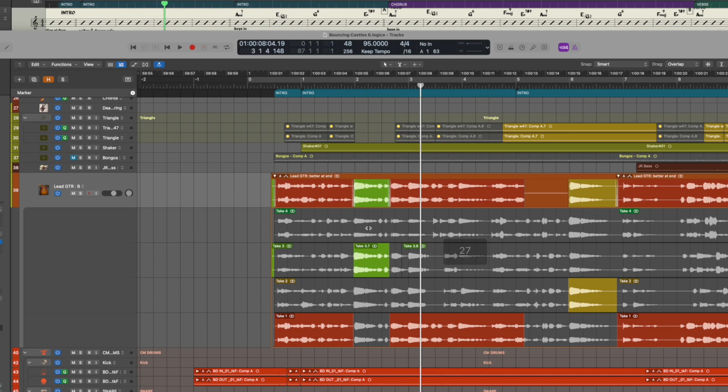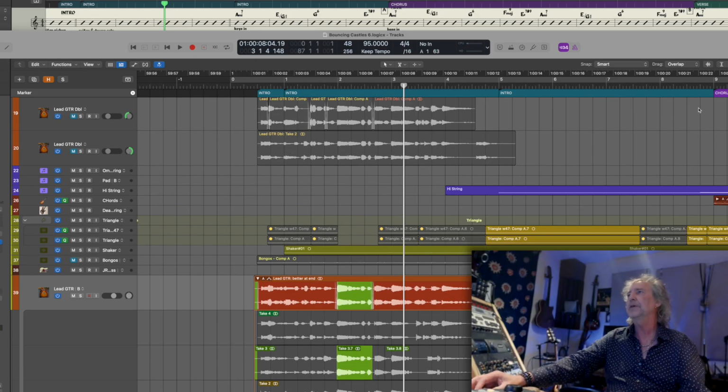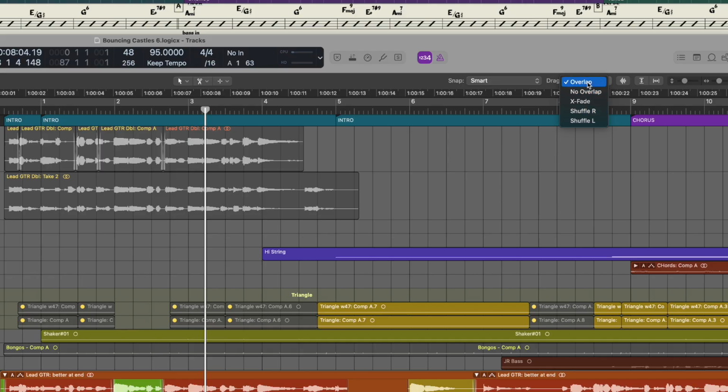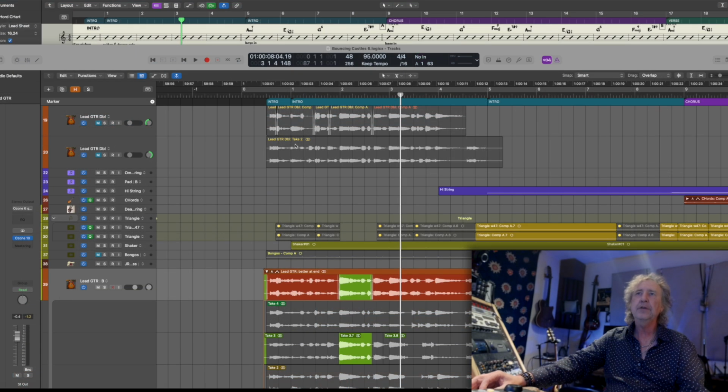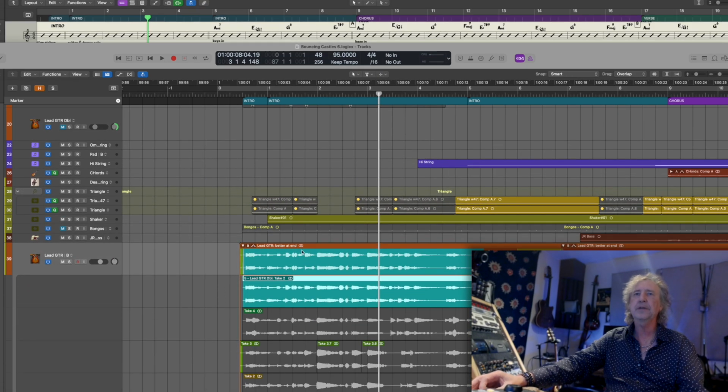Another situation you might encounter is that you have an additional guitar take that's outside of the take folder and you want to use it with quick swipe within the take folder. So that's also possible to do, and I'll show you right now. For instance, here's a guitar double. You just need to make sure that your drag option is set to overlap, not any of the others. And then you can just take this body, drag it over here, and see there's a new